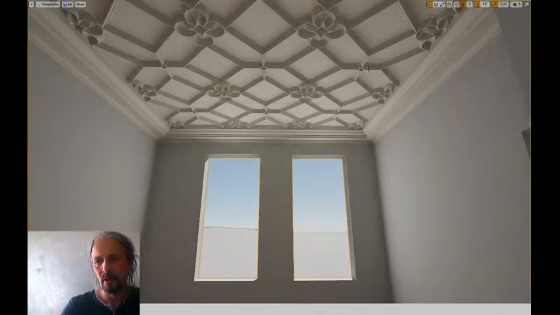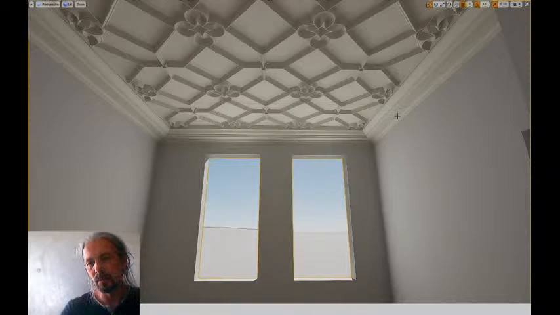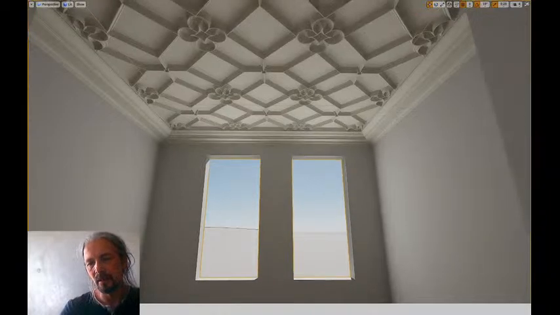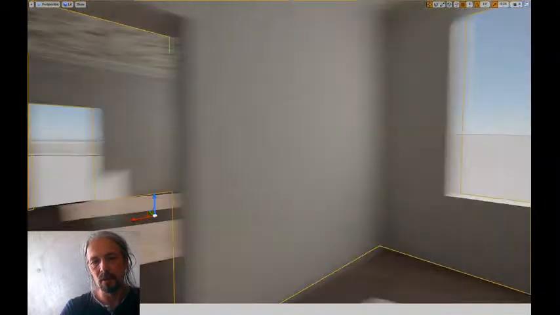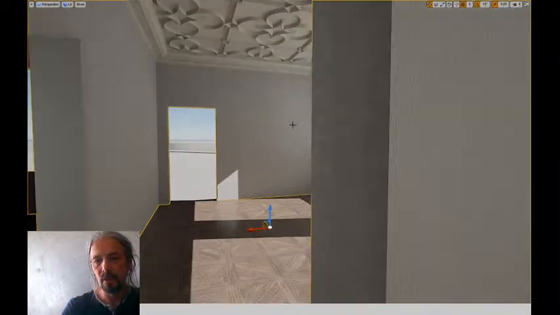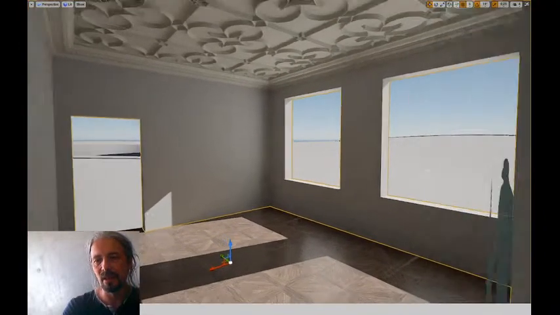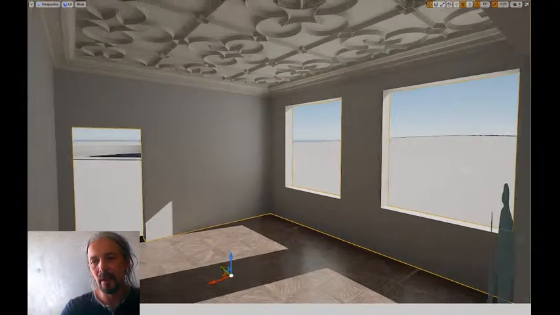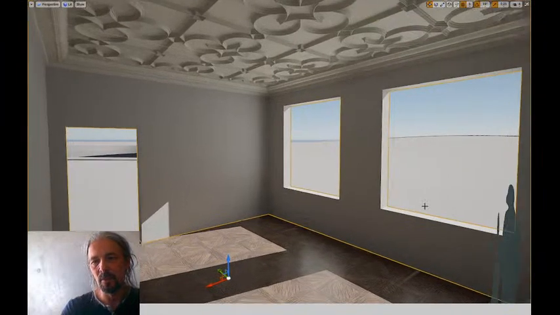The smallest square here, the rosette and the accent on the diagonal pattern. If you do not remember or haven't watched, here we have the same algorithm, the same mathematics inside of this ceiling design, but the proportions